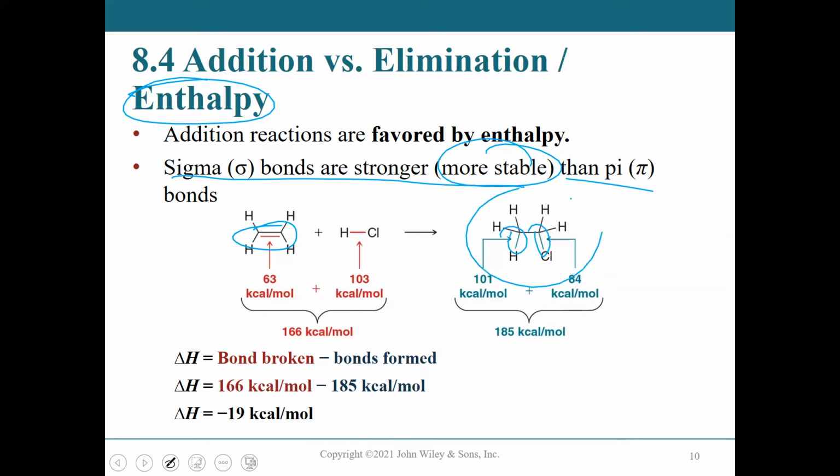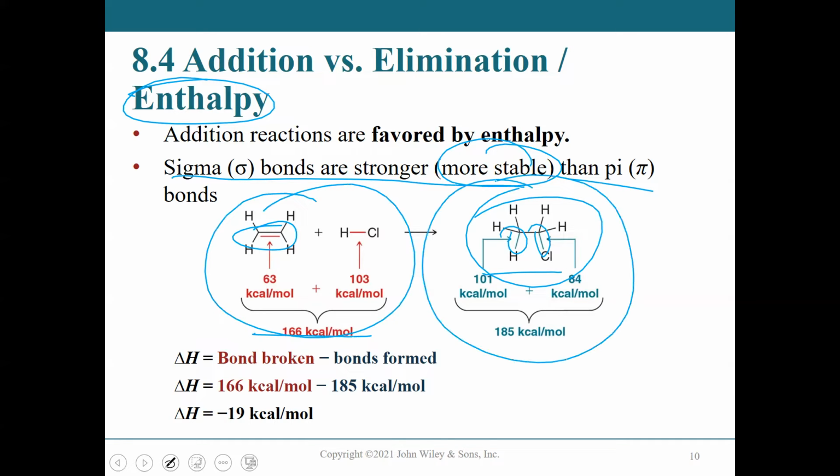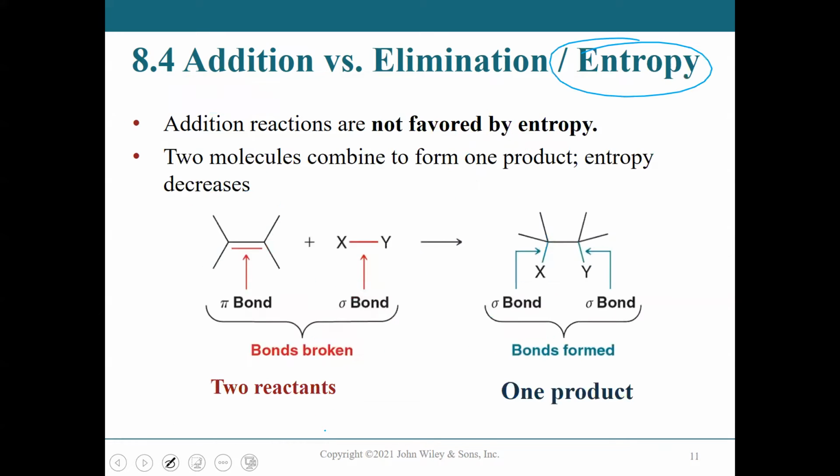So that's why we see here that the sigma bonds are more stable. So from the enthalpy point of view, the reaction is good. Now, don't worry, I'm not going to ask you how to do the math or how to determine the delta H of the reaction. We did that already in chapter 6. For chapter 8 and for any other chapter, we are not going to determine the enthalpy. This is only for you to see that the reaction has a spontaneous or favorable enthalpy. Okay? But I'm not going to ask you about determining the